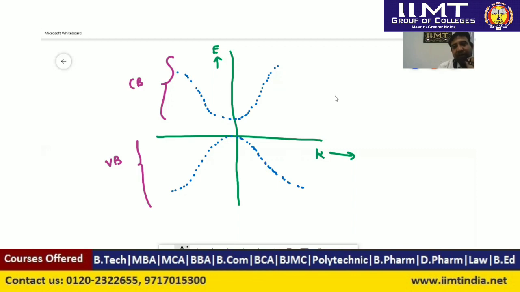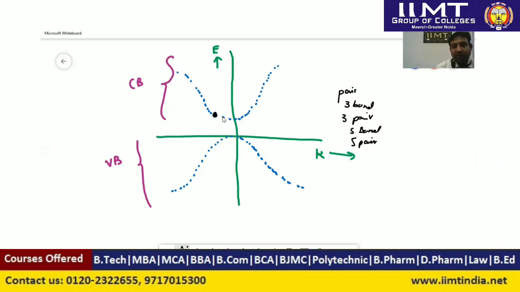Now we have seen that bonds break and create electrons and holes in pairs. So if three bonds get broken, then three pairs get created. Five bonds broken, five pairs get created. So if we draw, for example, 6 pairs, since these pairs are created, these will be distributed symmetrically along this energy axis. I am showing here.